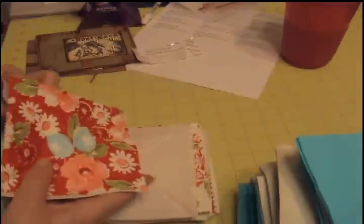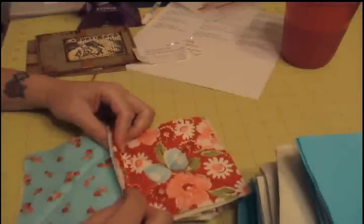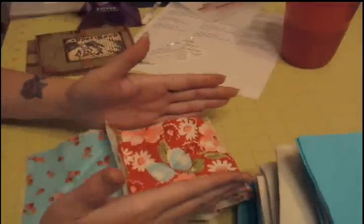I backed it with an ivory colored flannel, and I put a piece of quilt batting on the inside, and you sew an X in the center, and then you sew them all together, but the seams are going to be turned up like so, and when you wash it, everything kind of puckers in the center, and it looks like ruffles all the way around each block. It's so cute. So I got all 42 of my quilt squares sewn with the X in the center,